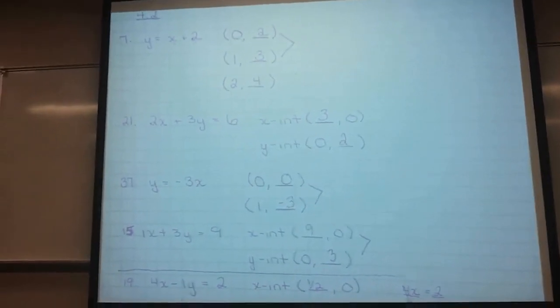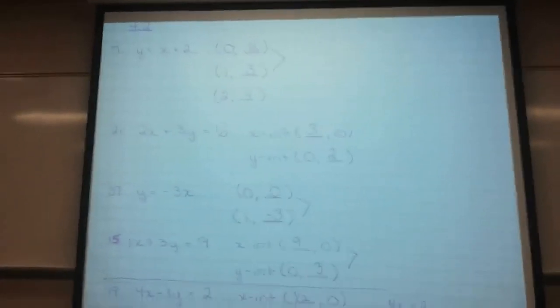On 39, the 0.5, did it end up on the y-intercept? Yes. Okay, let's go ahead and we'll start the new stuff, and if we need to do